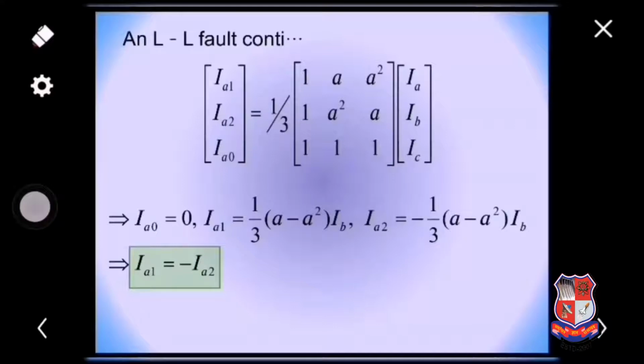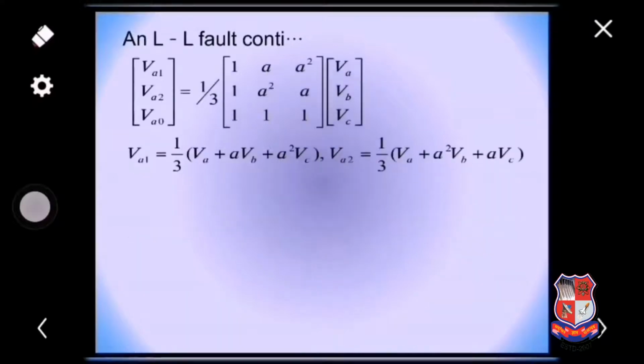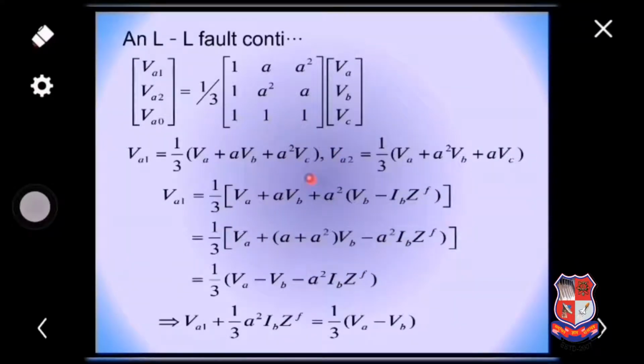But now let us go for some mathematical formulations to derive an expression for fault current. We know that VA1 and VA2 both can be expressed from this basic relationship, and now let us substitute VC in terms of VB. So we can write VC equal to VB minus IB into ZF. This is what I have taken from the third boundary condition from the first slide of this fault. Fine. So here we have equation number 1. Now equation number 1 represents the relationship between VA1 and VA and VB.